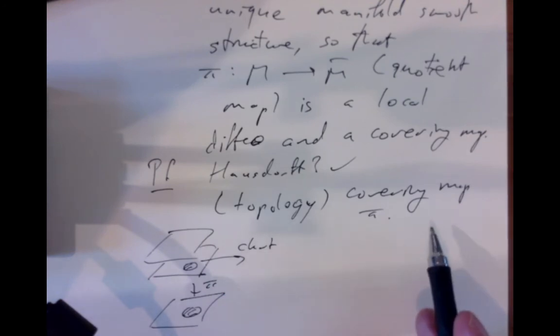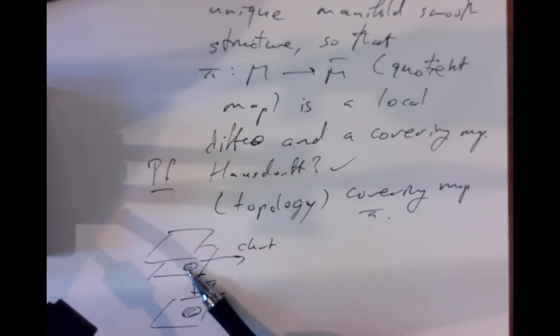Because pi is a covering map, you can make the inverse go the other way. You can go up here, use your chart, and call that a chart down on the quotient, and that'll actually produce charts. The details are given in the lecture notes, that it works and gives you a manifold structure. So let's treat that as more or less understood, hopefully,